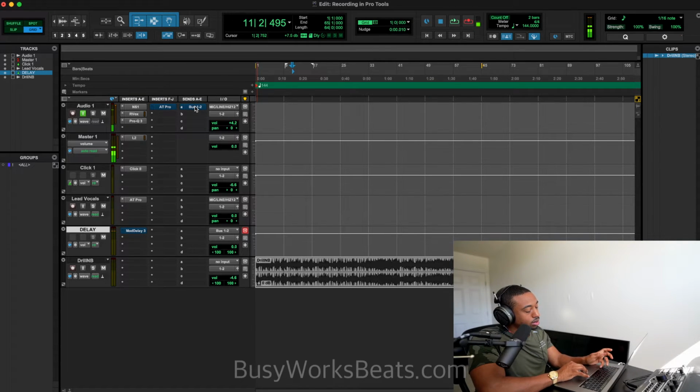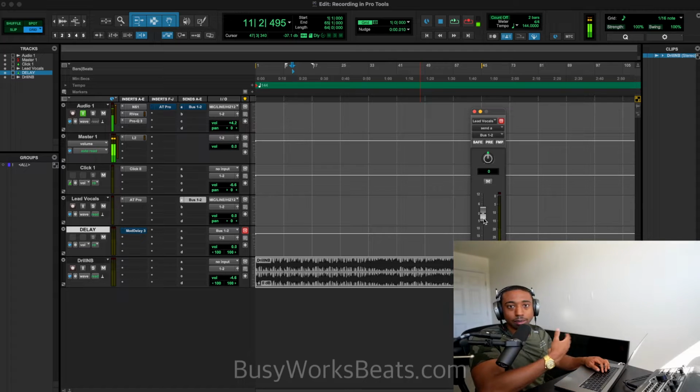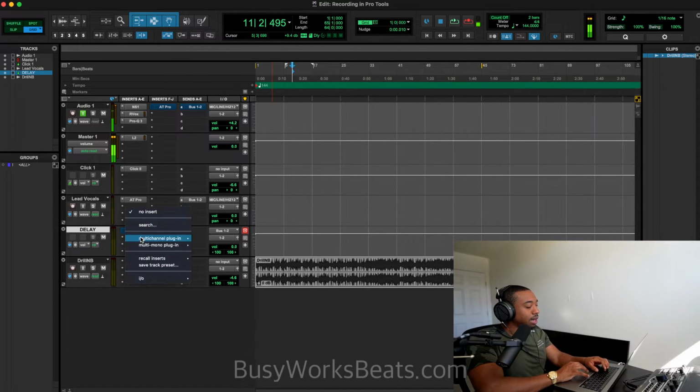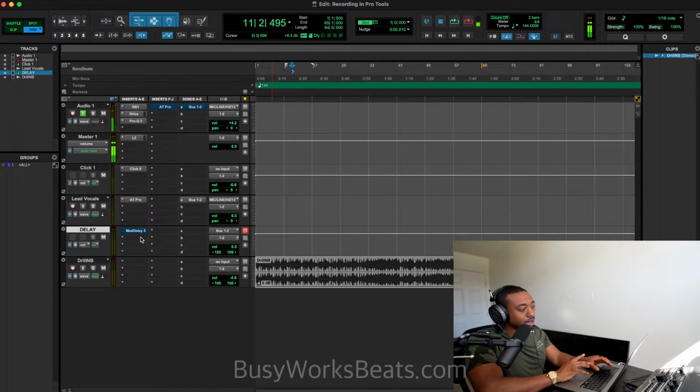So we're going to Alt and left click and pull this to our lead vocals so that they're going to that delay when we record. Now to send a different amount, let's say you didn't want that much volume coming out of the delay, you could just turn this down about halfway to send about half of the signal. So it lowers the volume essentially. Okay, so on this delay, I'm going to add another reverb. We're going to click and type in D and then pick Deverb stereo.